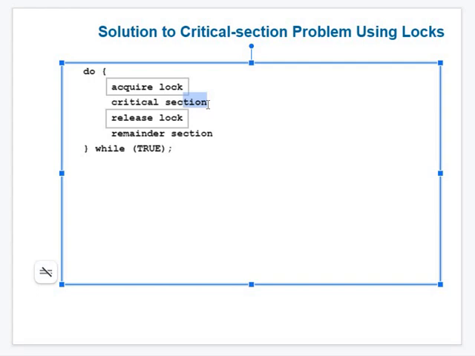Unless the first person comes out, only then is the second person allowed to enter. In the same way, when the first person comes out, it is understood that he has released the lock. Then he will go out, and the second person will enter. When the second person enters, is it allowed for the first person to come back? No. Is it allowed for a third or fifth or tenth or some other person to enter? No. That means he has applied the lock, and he is the only one using it. Once his work is done, he will release the lock and go out. So this is one of the methods.